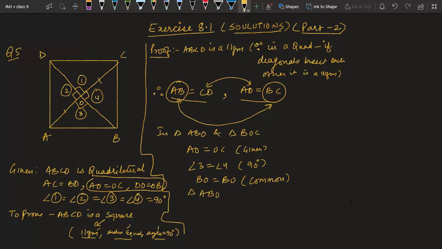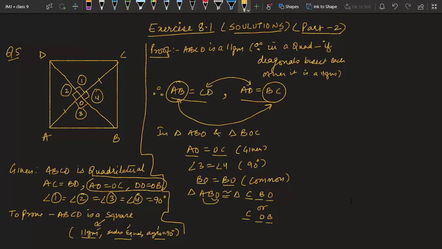Triangle ABO is congruent to triangle. Now again, while naming it, it is very important to understand what is the correct name. Let us see, BO and BO is coming together, so BO is second and third, so we have three places, second and third should be BO or OB. These are two possibilities, that means the first will be C, I guess, yes. Now let us check with one more condition. AO should be coming equal to OC.